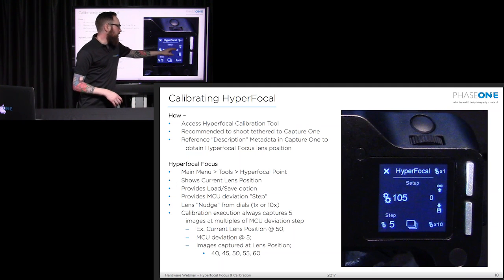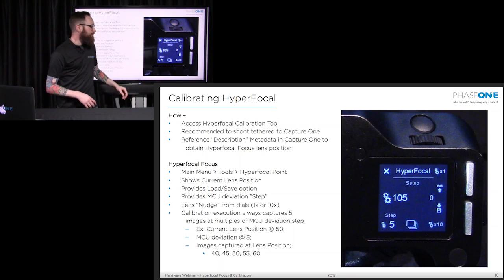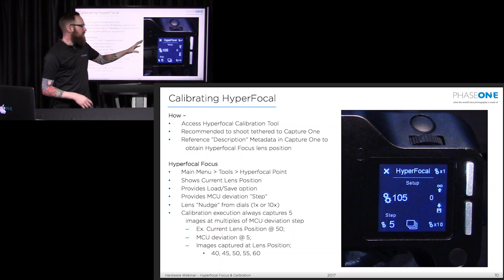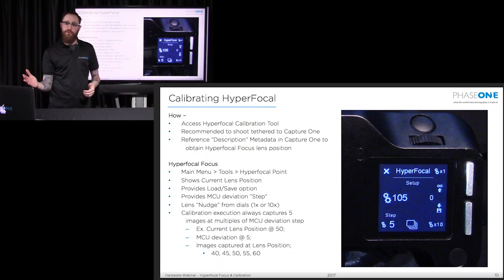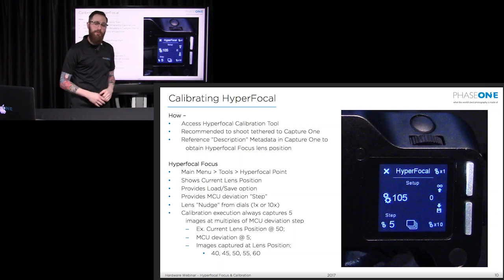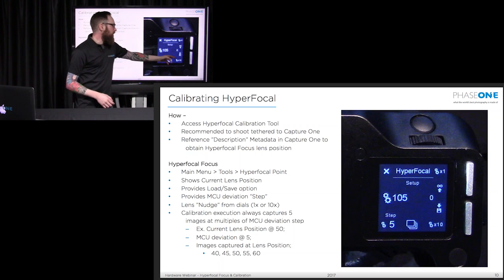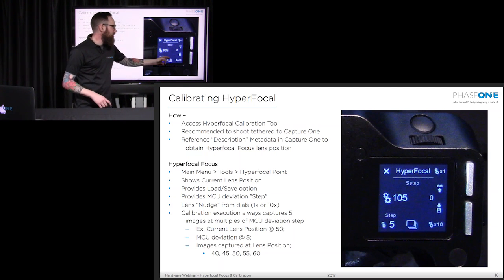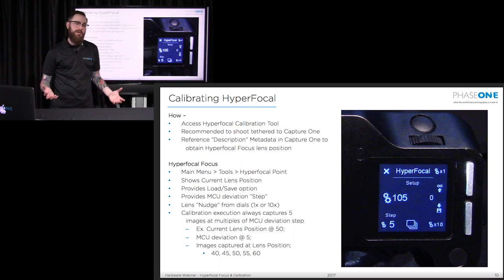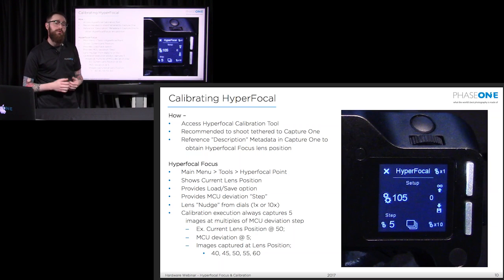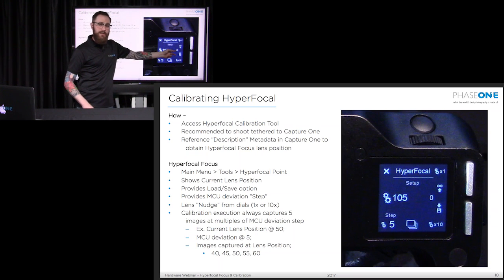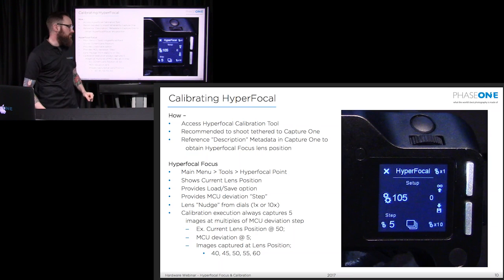We have an infinity symbol up here, and that corresponds to the top front key. And that top front key, if you push it, the lens will go to infinity or go to the saved hyperfocal focusing point. We have a little save icon, a bit dated, the floppy drive save icon, and that corresponds to the rear top key. So once I find my hyperfocal focusing point and I want to save it into the XF, I simply push that button and that value will be reflected here, overwriting any previous values.